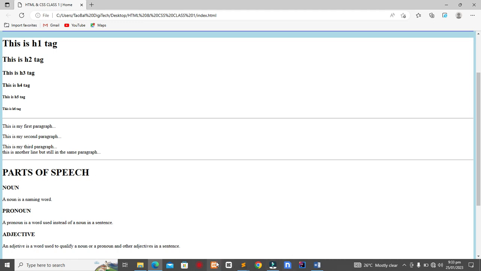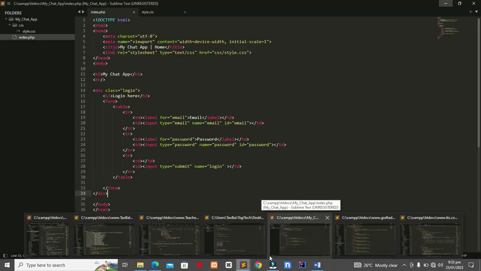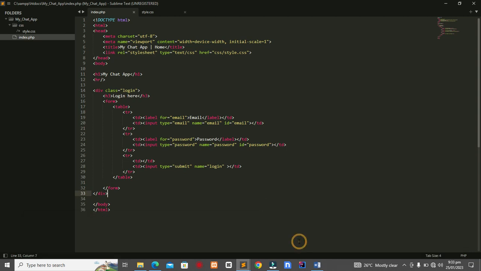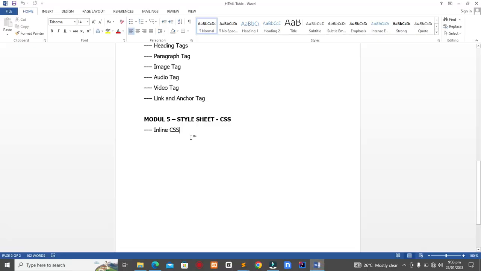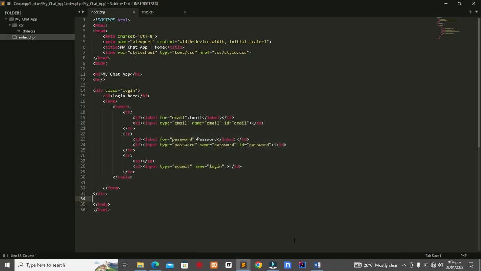Okay, we can use CSS in three ways. The first one is called inline CSS, and that is what we are going to learn here. Then in the advanced class, I will go to the remaining two. We have inline CSS, internal CSS, and external CSS. Inline CSS is very easy to use. The difference between inline CSS and internal CSS is that inline CSS will be pointed to the element. Assuming you want to style your